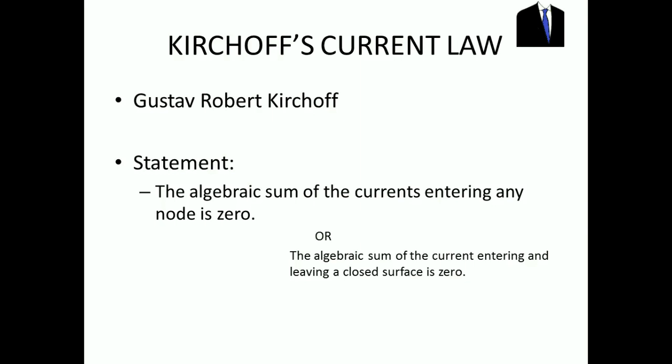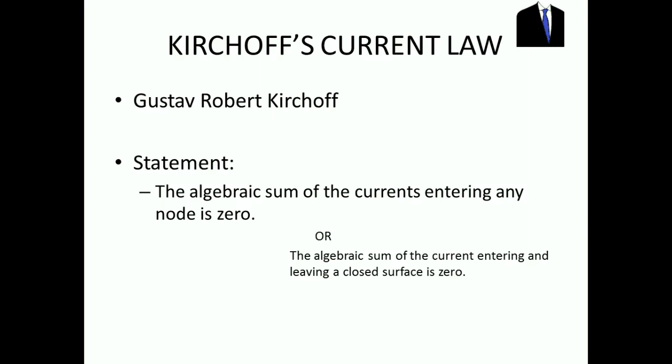An arrowhead will be given to you pointing away from the node or towards the node so that you may guess the direction of the current flowing in or out of that node particularly. And then you'll have a dot representing that node. But even if you don't have the arrowheads or the dot, you may easily apply the concept of nodes and branches to firstly identify the node in the circuit, and then you may just guess the direction of the current